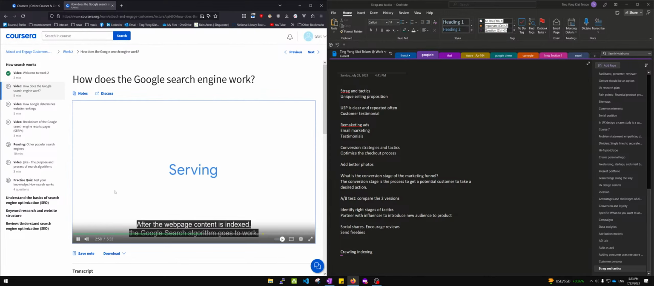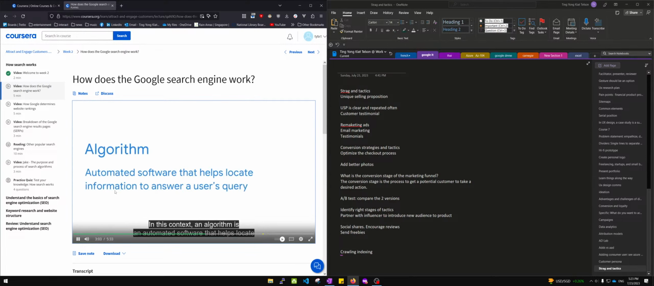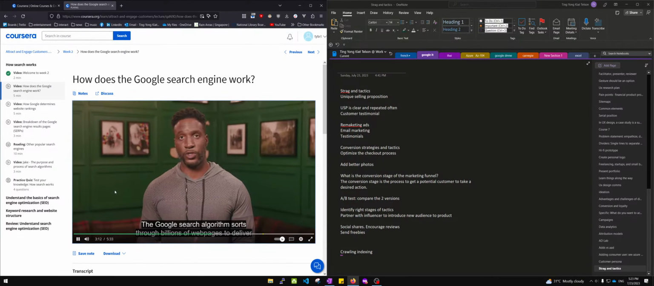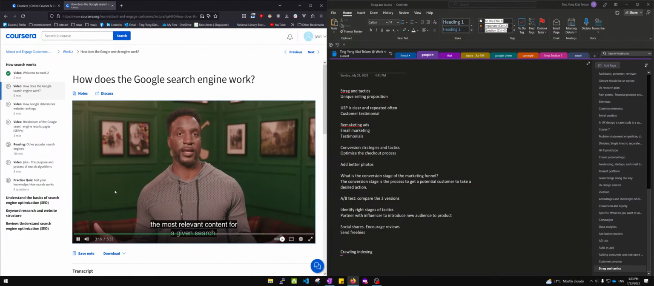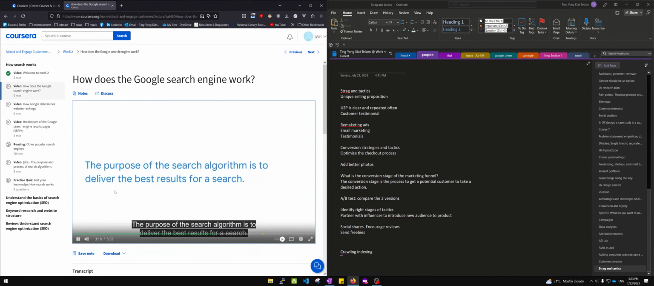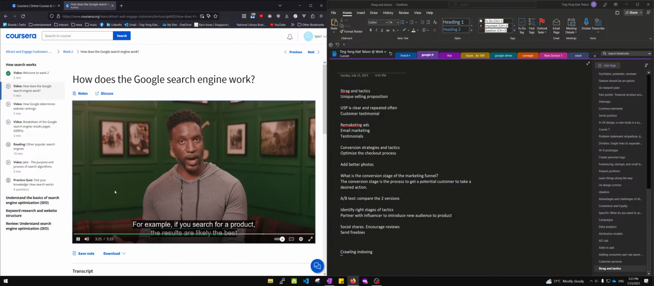After the web page content is indexed, the Google search algorithm goes to work. In this context, an algorithm is an automated software that helps locate information to answer a user's query. The Google search algorithm sorts through billions of web pages to deliver the most relevant content for a given search. The purpose of the search algorithm is to deliver the best results for a search. For example, if you search a product, the results are likely the best available to help you learn about or